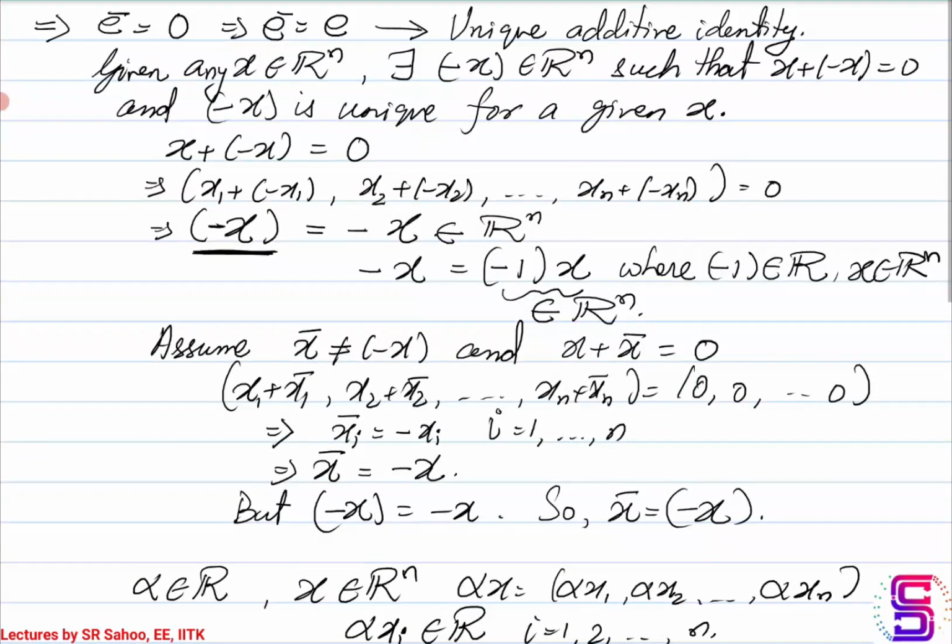Similarly, one can prove that in this case, the way the addition operation is defined, the additive inverse that we have for an element is just the negative of the vector itself. And that is going to be unique. So again, one can assume that the additive inverse is not unique, and then you can go ahead and show that it turns out to be unique, and hence the contradiction arises, which makes our assumption incorrect.